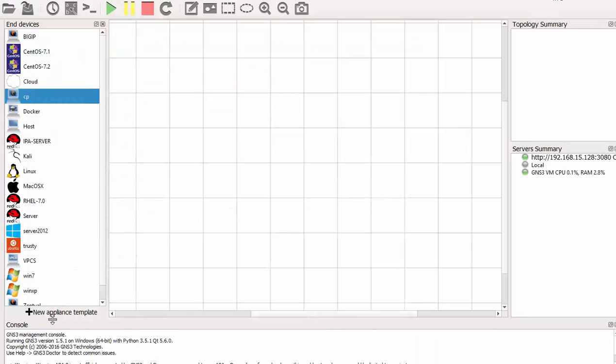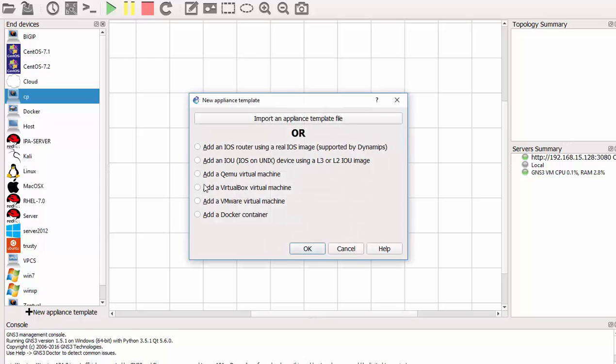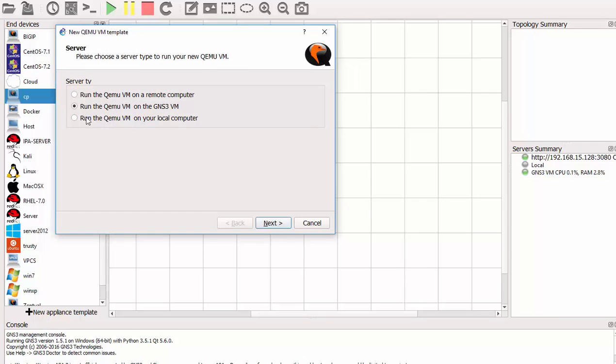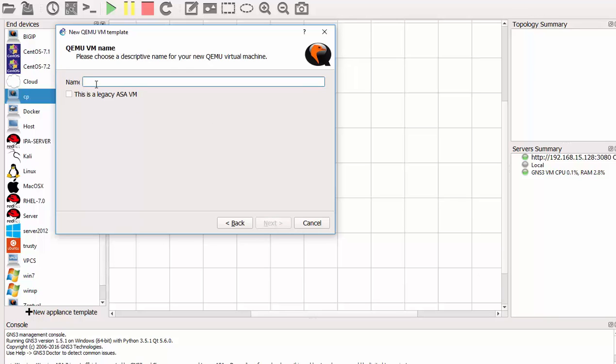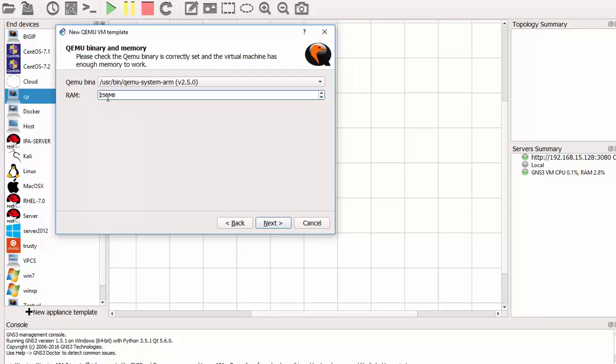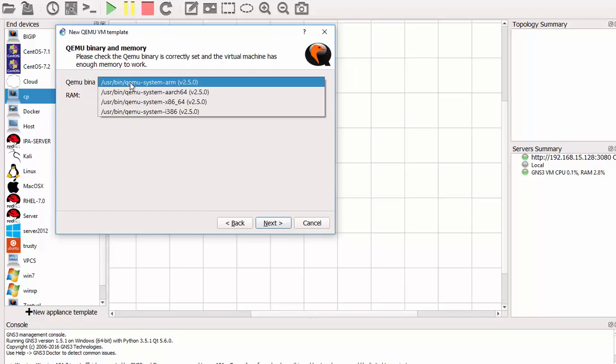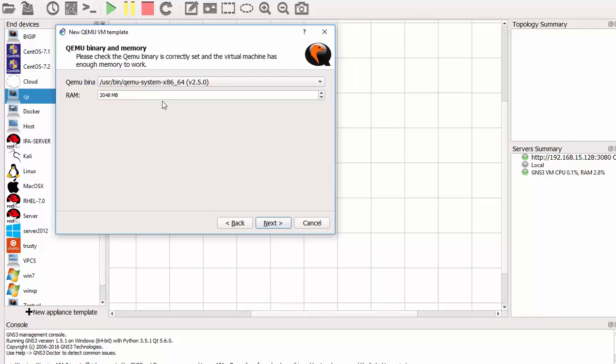In GNS3, to add a checkpoint appliance, I have to click Add New Template, scroll down to Add New QEMU Virtual Machine, click OK, and select that, click OK, and let's name the appliance CheckPoint. Click Next, and change from 256 to 2048, and then the QEMU binary. I'm using a 64-bit machine, so I select 64. Click Next,